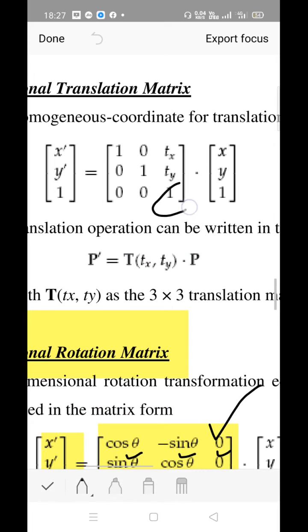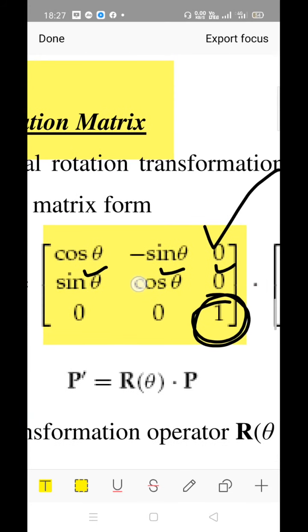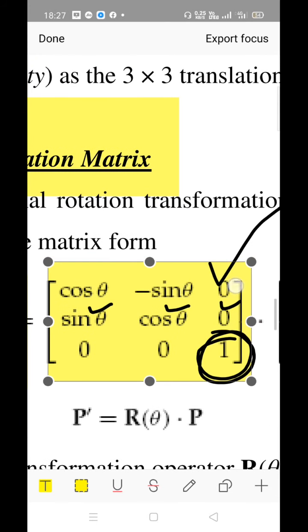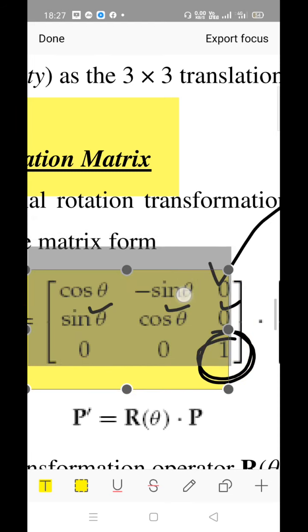You can see the translation content as well, earlier it was the same. The third parameter we considered because of the addition of the constant values tx and ty. Here such things are not there, we just consider the coefficient values, there is no constant term, so make it 0, fine.